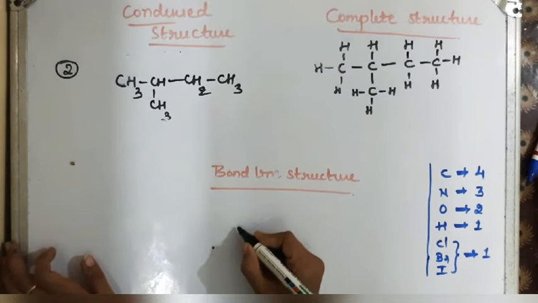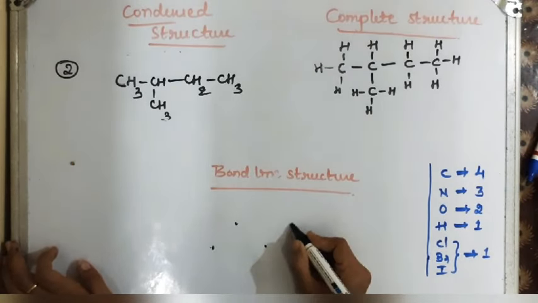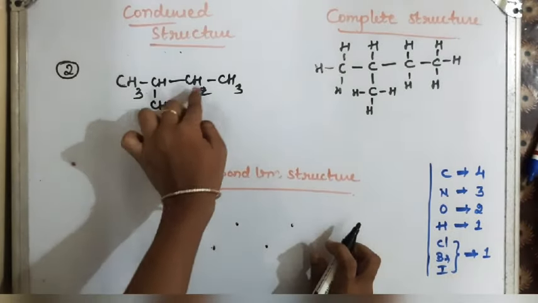So those 4 are written in a zigzag manner first, and see the bonding between those 4 carbons which are